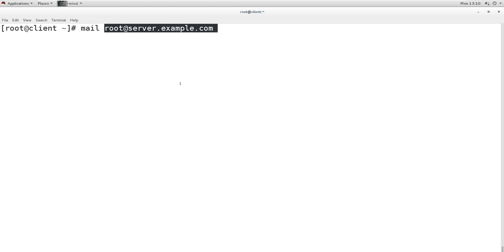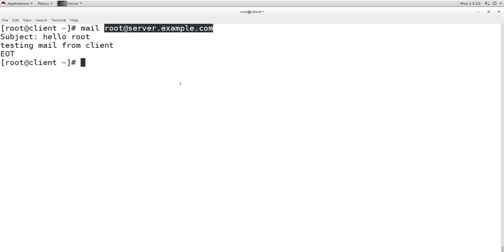Now when I press enter, it asks for the subject. So I say okay, hello root, and then your message, testing mail from client, and Control D to save.